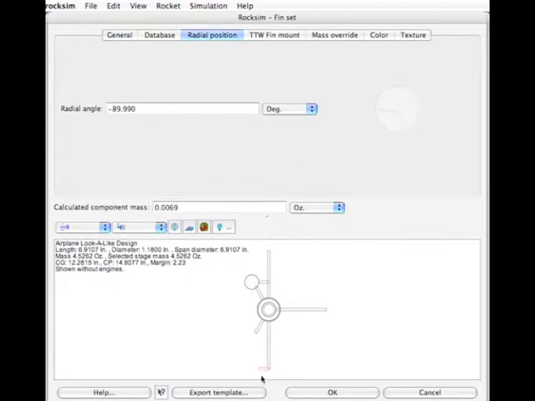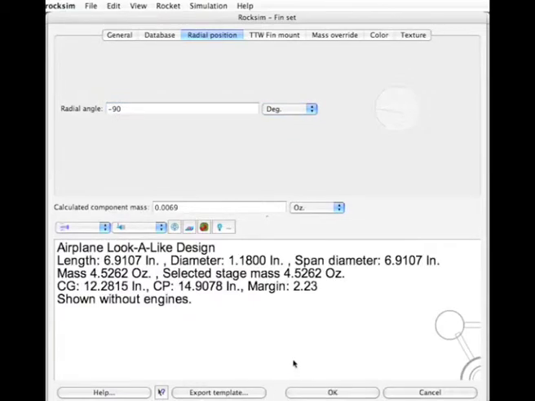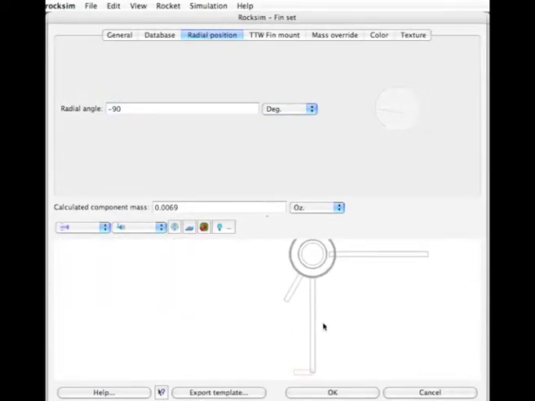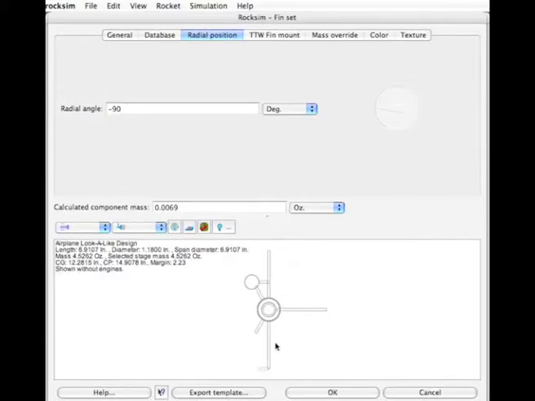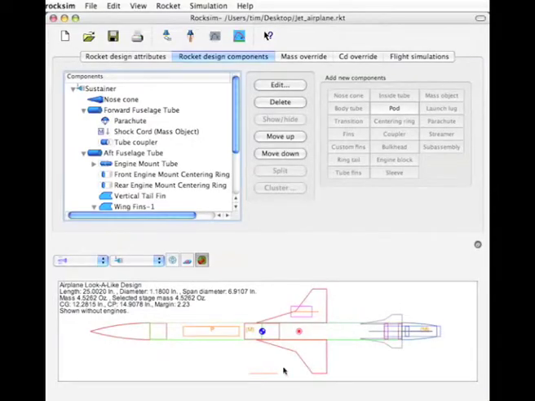So right now it's right there, and we'll adjust the radial position, and we're going to make it 90 degrees, and that's right down there. Okay, let's zoom in so you can see that. So right now it attached right here to the tip, and we're going to say okay. Let me zoom original. Okay, so there it is, and we'll say okay. So right now it is right there, so we need to move it back, and then we need to move it in,